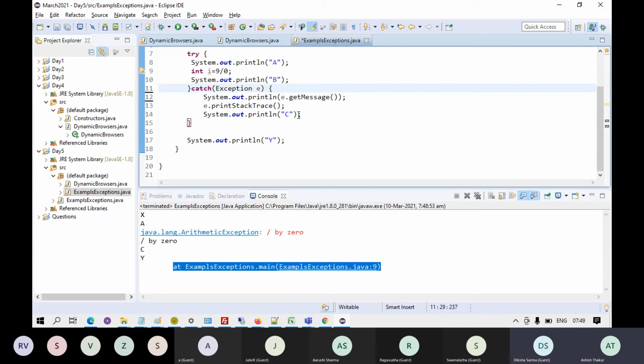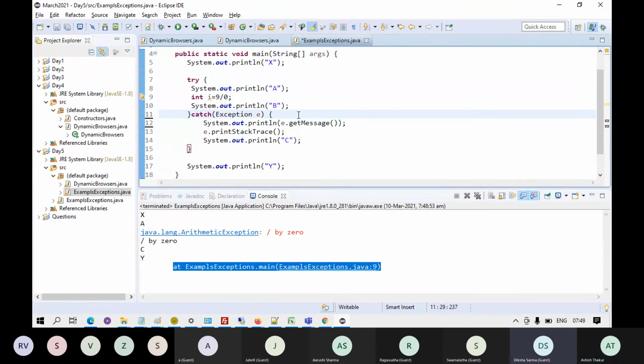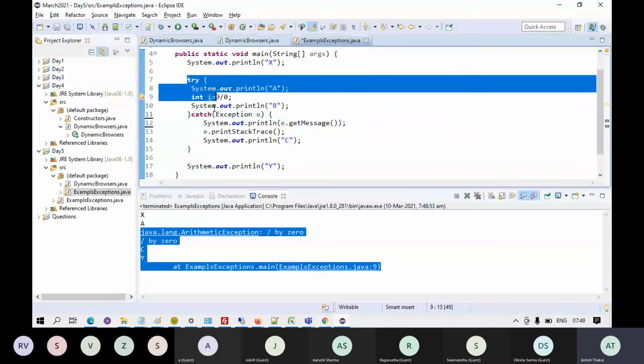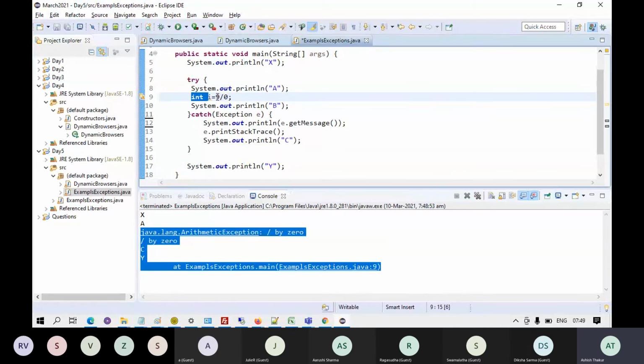Hello, Ashish. Yeah, this print stack trace will show us in detail where everything went wrong, right? Yes, what happened, on which line the error came up, everything. But it will also continue the program. This is the same stack trace you get if you hadn't written try catch and had directly written int i equals 9 divided by 0, like I write over here.